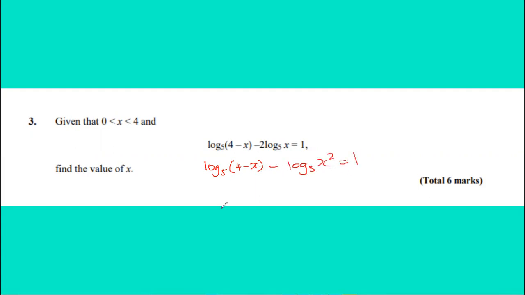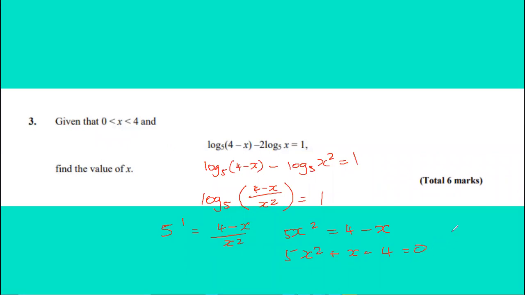Remember, when you're subtracting, this is the same as saying log base 5, and it's 4 minus x over x squared is equal to 1. That therefore means that 5 to the power of 1 is equal to 4 minus x over x squared. Let's multiply out, so you get 5x squared is equal to 4 minus x, which is 5x squared plus x equals 4. Oh, silly me, minus 4